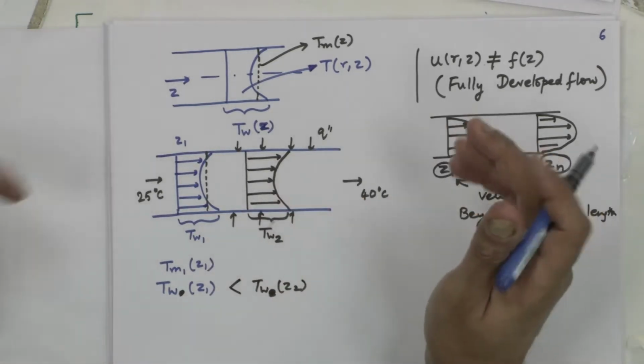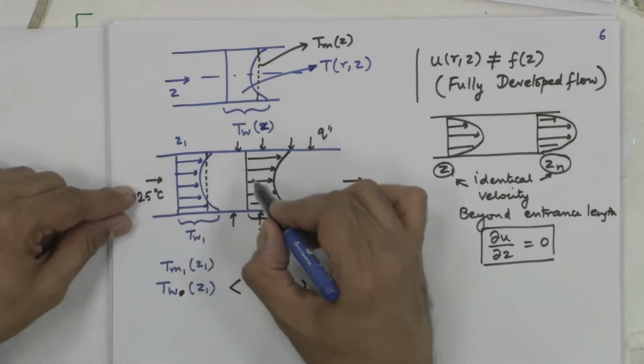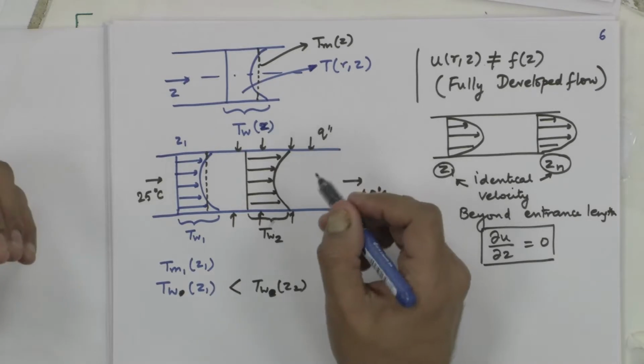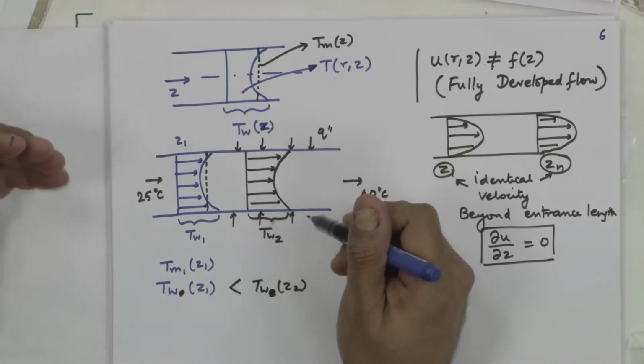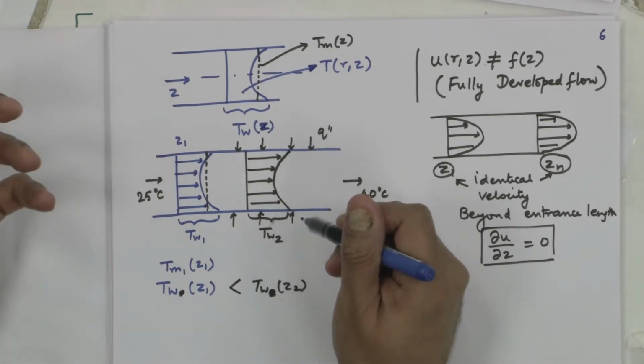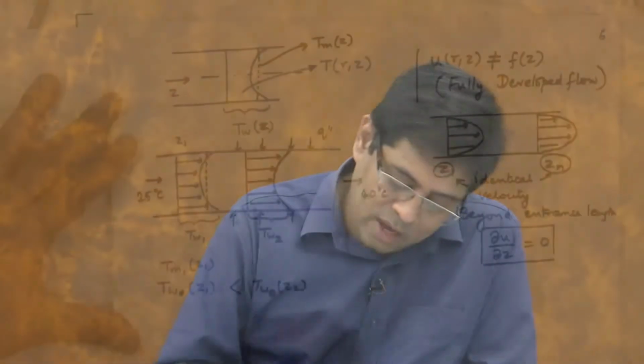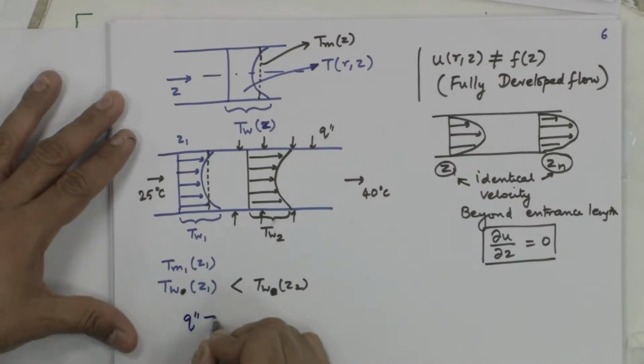Energy content of the fluid has increased. This was 25, this is now 30, for example. Energy content has increased, that means the bulk mean temperature has increased. Internal energy, which is a function of temperature, is what you see. You don't have an energy meter, but you say water at 25 degrees has a particular energy content. Water at 30 degrees has a slightly higher energy content, and you know from energy balance, q double prime pi